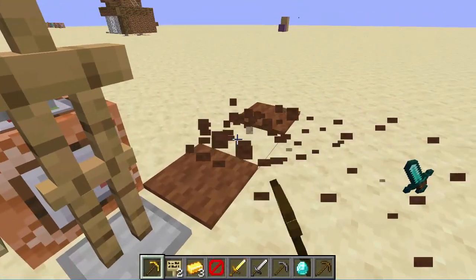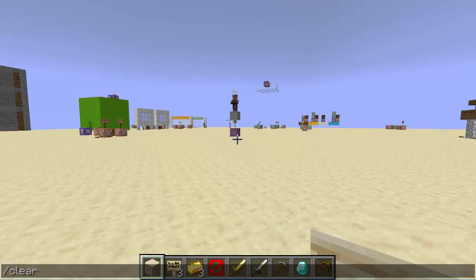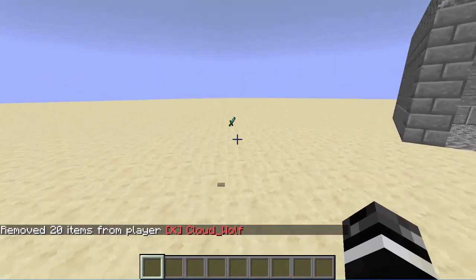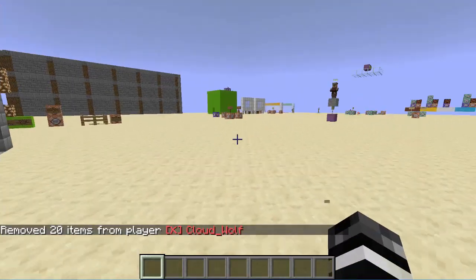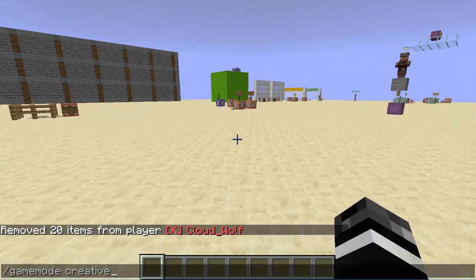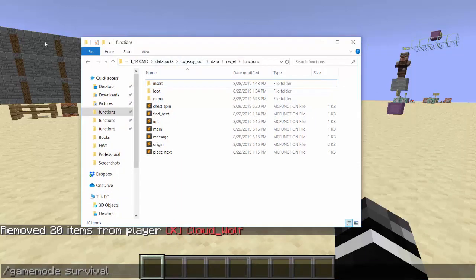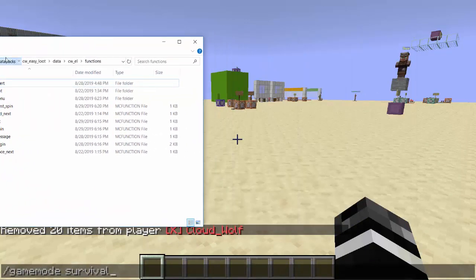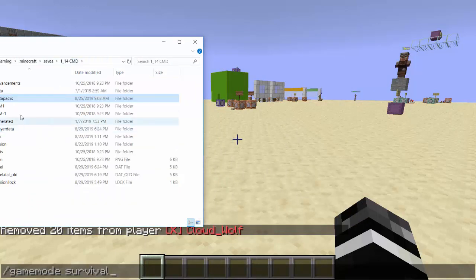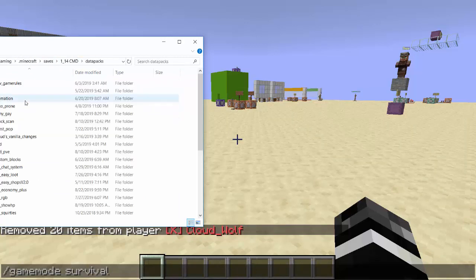So if you want to get rid of it all, you'll have to just break everything, just like I did there. I didn't want to have anything that fills air, just in case, so it doesn't actually break anything that you intended to use. So what I'll have to do first is you go into your data packs, you get the download from the description, you go into your world save, saves, then you go into the world save you want to put it in, then you go into data packs,